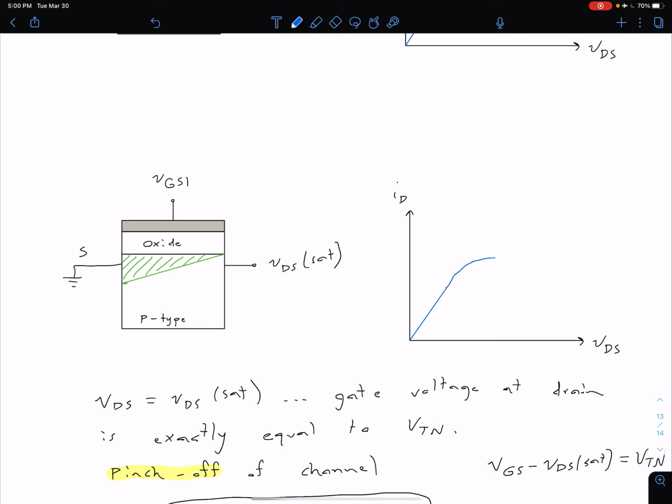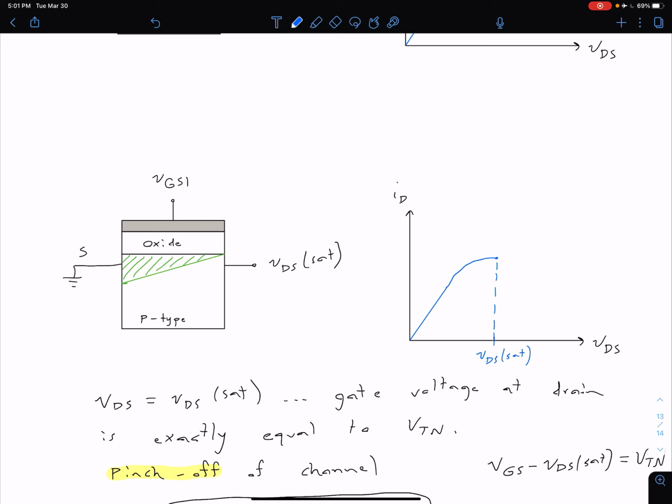And so at this point we've not maximized, but we've reached a point where we're no longer going to be increasing at all. So this point is going to correspond to, of course, our VDS sat down here, and we're going to have some saturation drain current as well, ID sat. So this is VDS sat. Okay, and this would be, again, the maximum ID, but it's going to be saturated